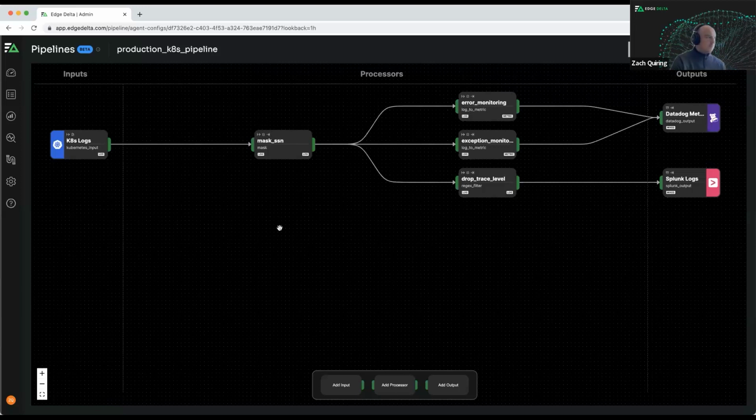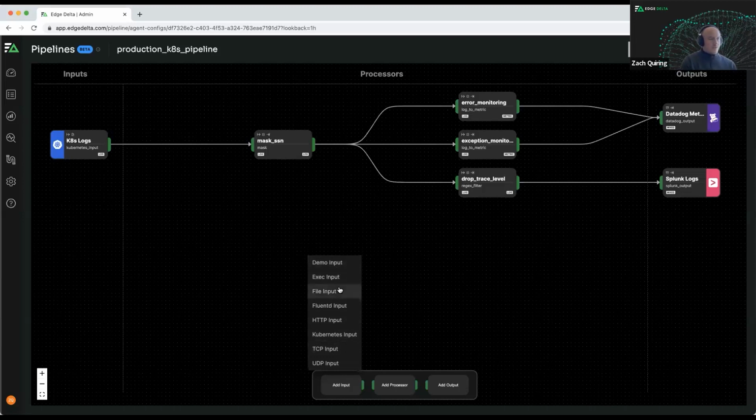pipeline experience works. So starting with a few key concepts, essentially at a high level, there are what we call inputs, processors, and outputs. So inputs are going to be all of the various methods and different data sets that are being collected. So here we can see we have a Kubernetes logs input that's defined. When we go into our input catalog here, we can see all the other input types that are supported. So anything from collecting from files or from various ports, or Kubernetes, Docker, HTTP, a lot of flexibility in that